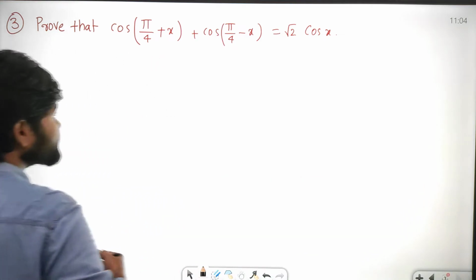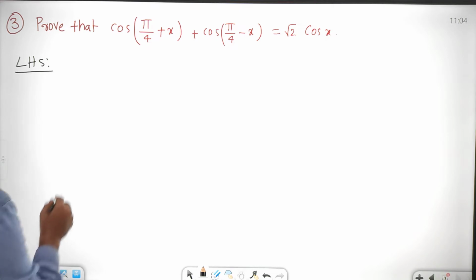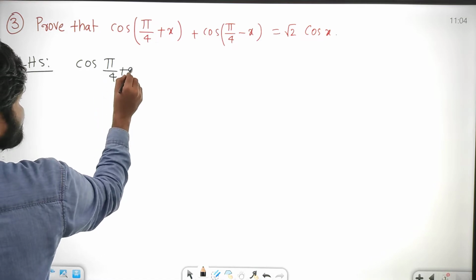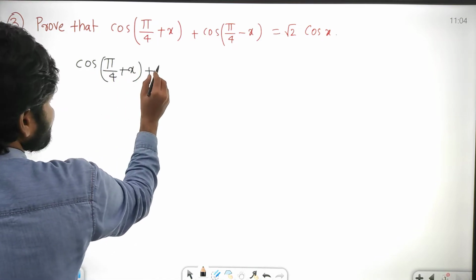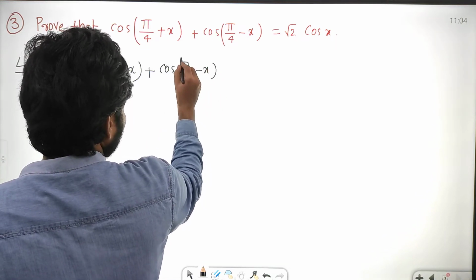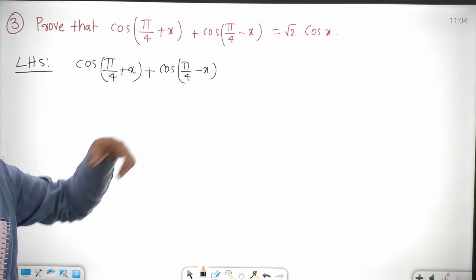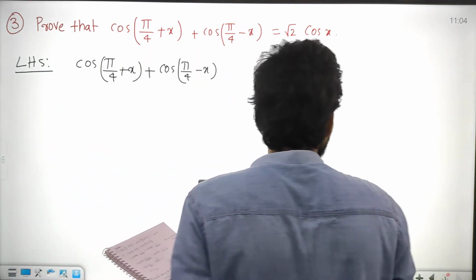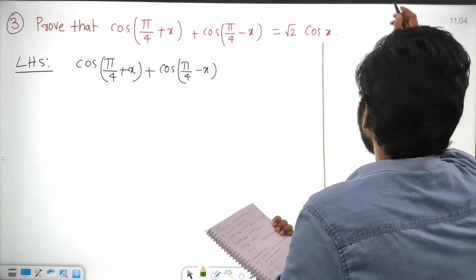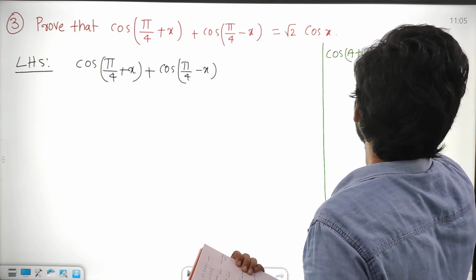Okay, let's come to the discussion. Take the LHS, the left hand side. What is the value? Cos(pi/4 + x) + cos(pi/4 - x). You have already seen somewhere cos(a+b) and cos(a-b), right? So take the formula. Don't neglect it. What is cos(a+b)? Cos(a+b) equals